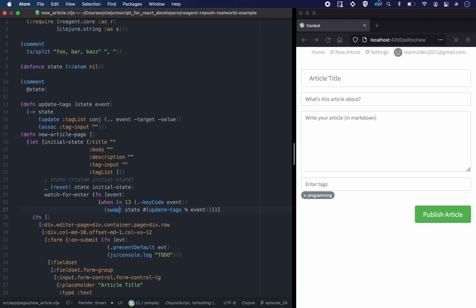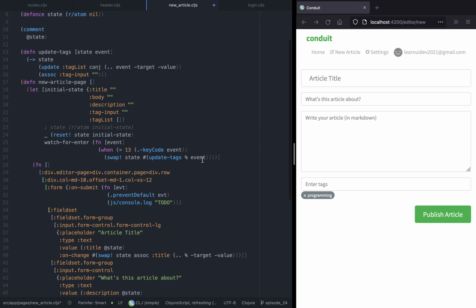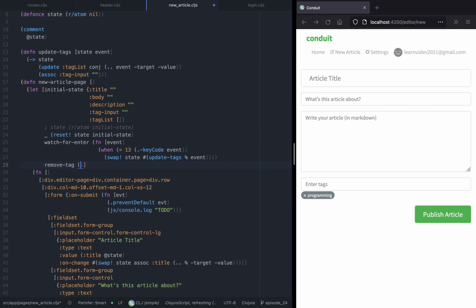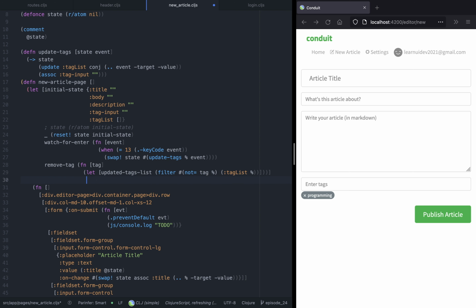deleting the tag. So let's give it an on-click handler to each icon, and when we click on it, it should invoke the remove tag handler, and this function takes the tag. This callback function takes the tag string. So what we are going to do is call the filter function, and we're going to say if this tag is not equal to the current tag, so we're going to filter the tag, and then